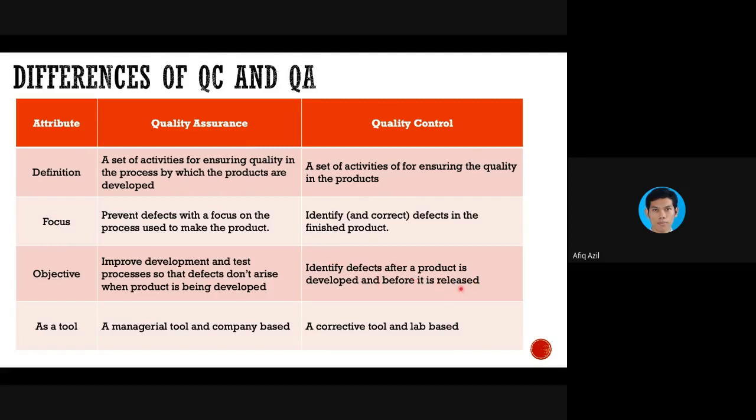The word release means to be sold off to the market. QA is a managerial tool and company based, while QC is a corrective tool and lab based. So this is mainly restricted to the lab only.